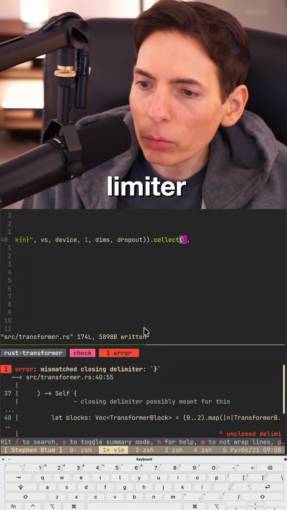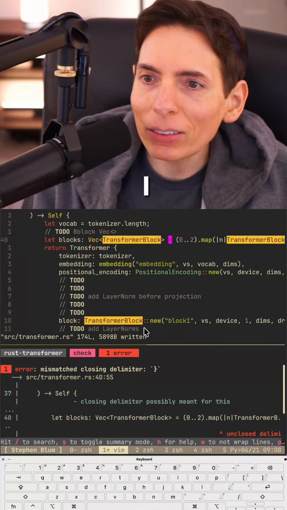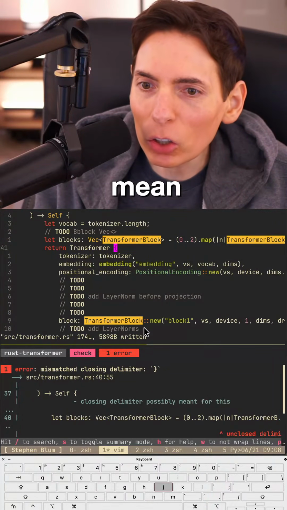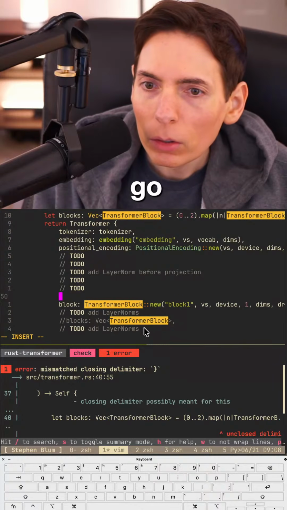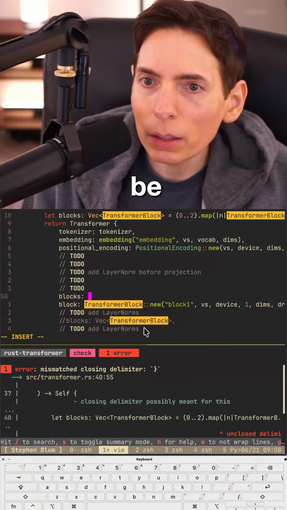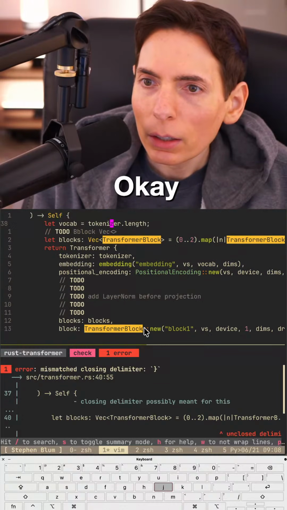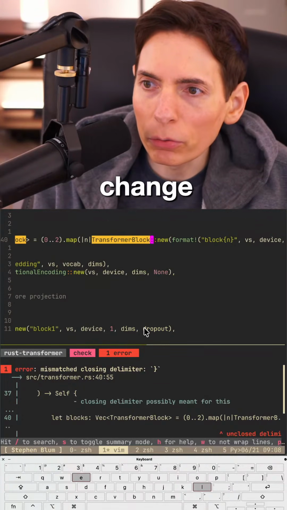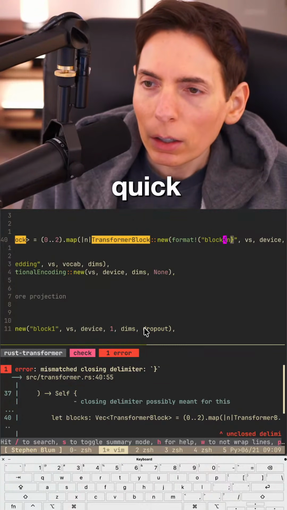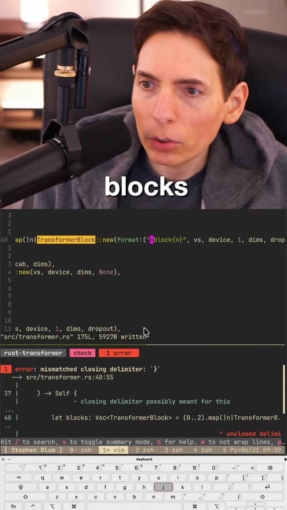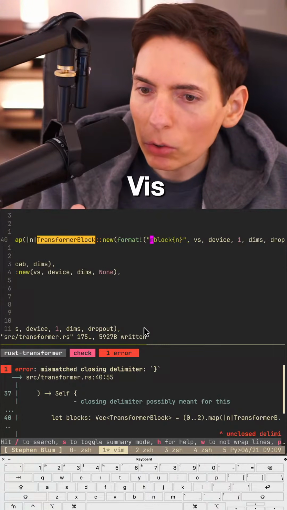Unclosed delimiter. What do you mean unclosed? It seems perfectly fine to me. What do you mean unclosed? Here we go. Blocks is going to be blocks. Okay. And then I have to change the VStore really quick. I'm going to call this mblocks. So that way it doesn't have the same VStore.